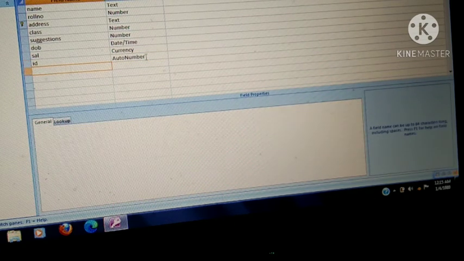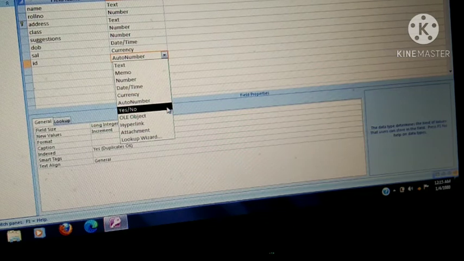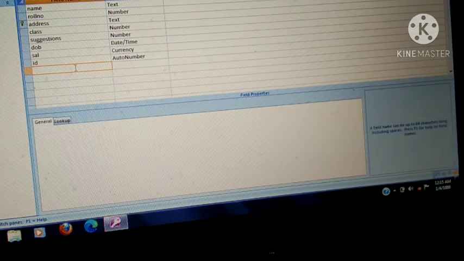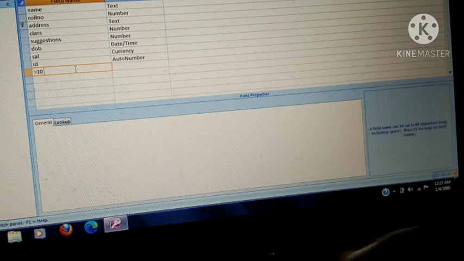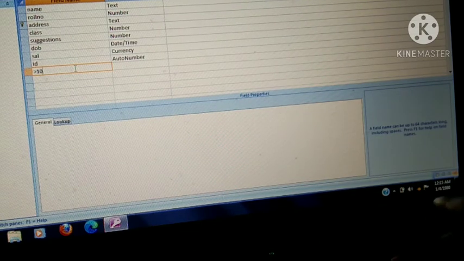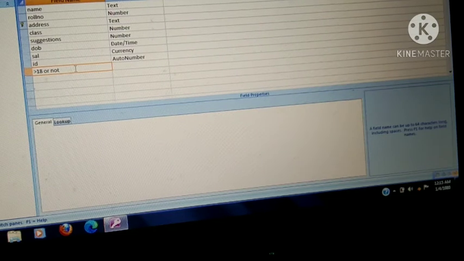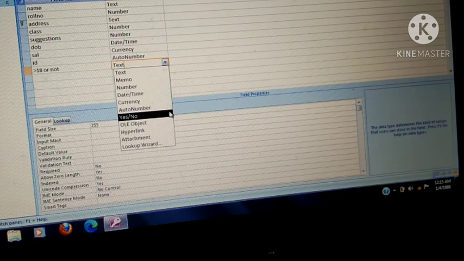Our next data type is yes and no. Children, I want that in that particular field, I want to save that either you will give me answer in yes or no. That age is greater than 18 or not. Okay, age is greater than 18 or not. It means you are giving me your answer in yes or no. Okay, so for this particular field, I'll select yes and no data type.